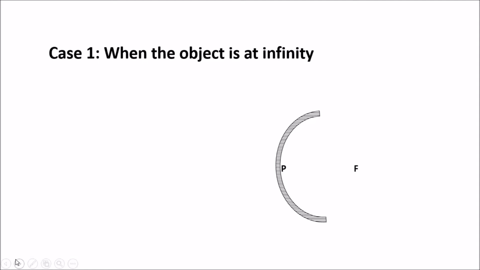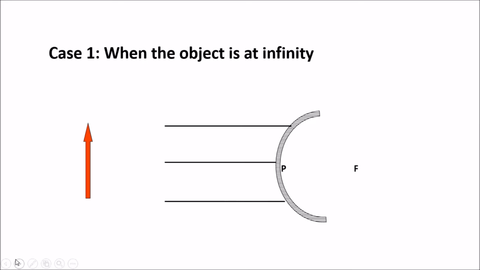First thing you need to do is draw a convex mirror. Let's keep the object anywhere. Now we don't know where the object is, so we just draw an object and 3 straight lines which indicate that the object is at infinity. Because we know that a convex mirror is a diverging mirror, the parallel rays passing towards the convex mirror will diverge, and as the focus is on the other end, when we take them backward, we observe that the rays converge at the point focus.